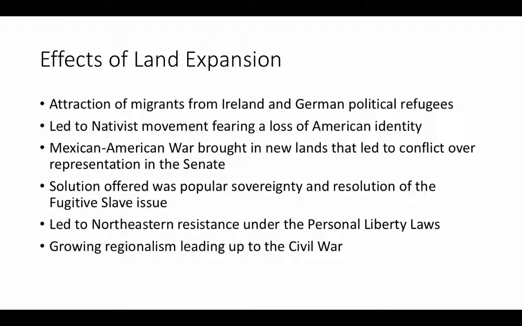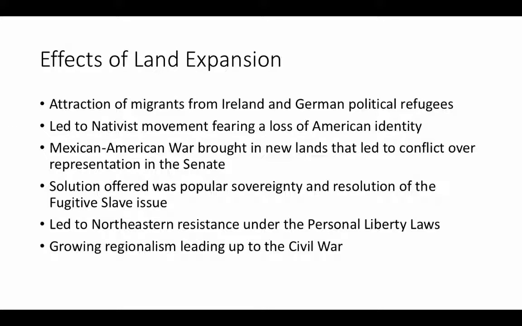And this is really going to lead to a growing regionalism leading up to the Civil War. So this takes place in about 1852, 1853. And at that time period, you're going to start to see more and more of this divide really solidifying, with the North seeing their need as a religious resistance based upon what they call God's higher law against slavery, and the South seeing the North as acting in a way that violated all of the agreements that they had made